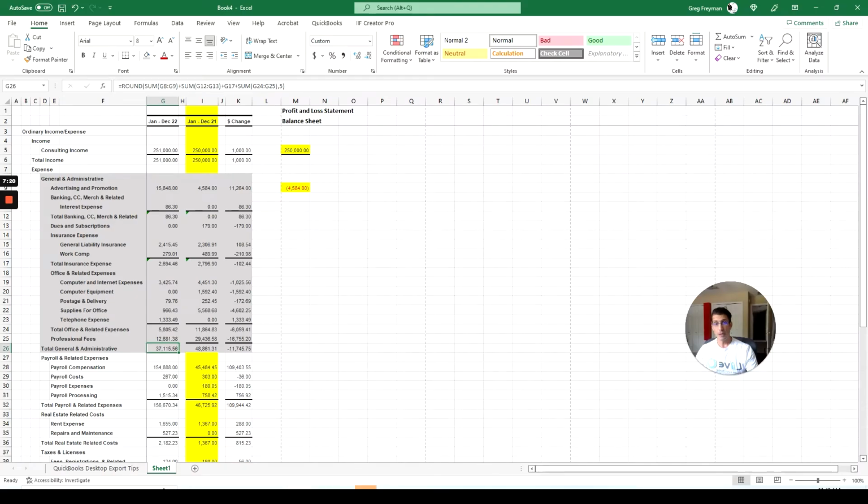Now, again, the general administrative is the main parent account, and then we have nested sub-accounts, and then for some, we even have sub-sub-accounts, right? So underneath banking, which is a sub-account of general administrative, we also want to bring in the interest expense, which would be a sub-sub. Again, this is really done just for the readers to be able to much better assess where the money is going and look at things in a much better perspective than if all of